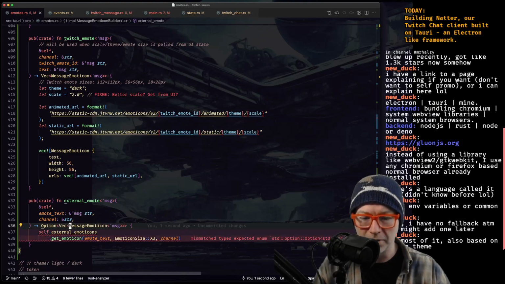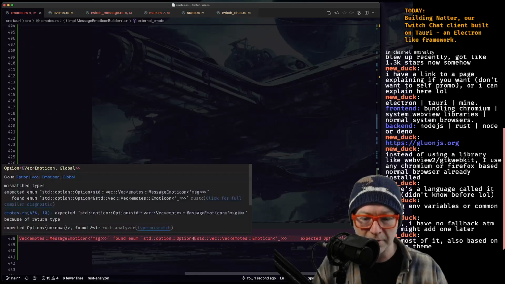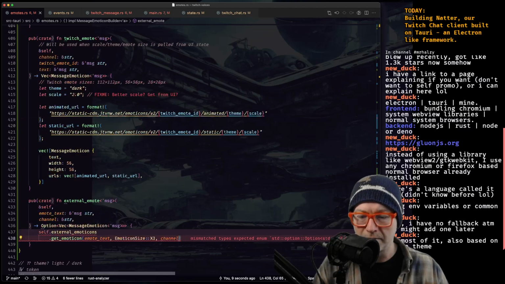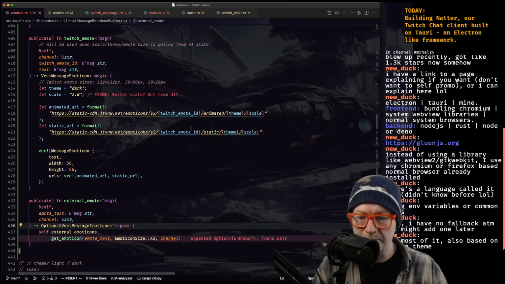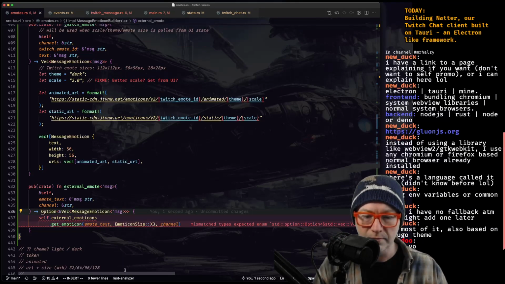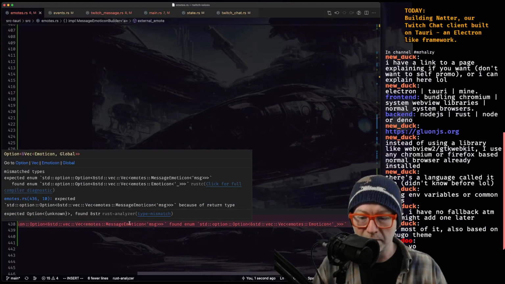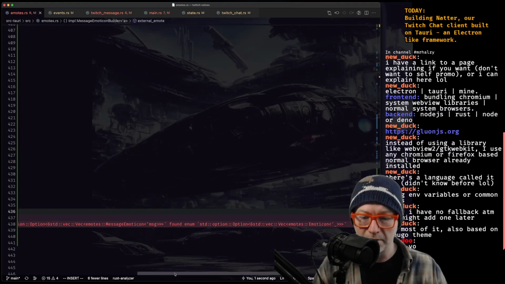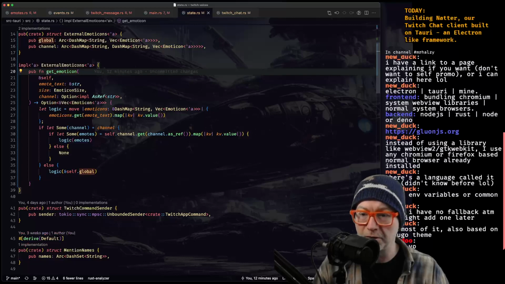And this is slightly wrong. And that... Yeah, it's a reference here. Oh, one is a message emoticon, the other one is an emotes emoticon. Ew. And what does get emoticon return?